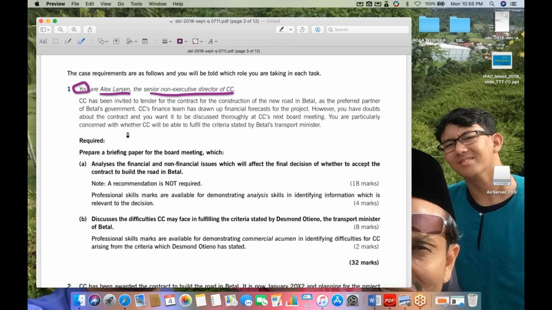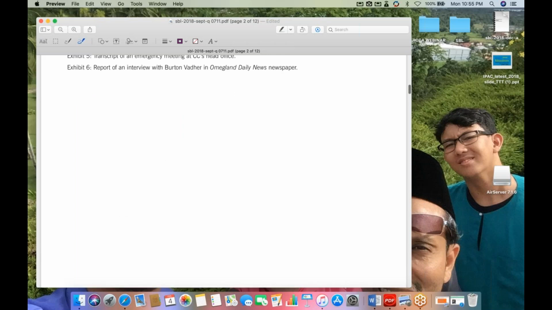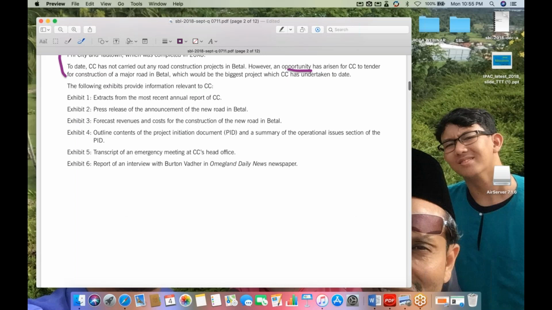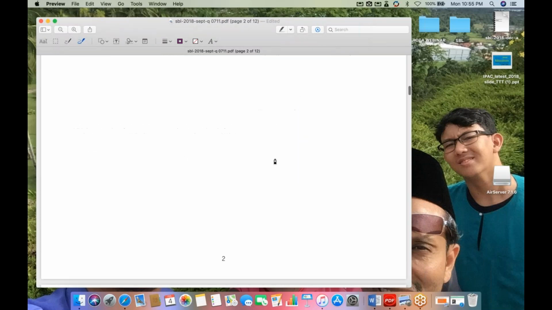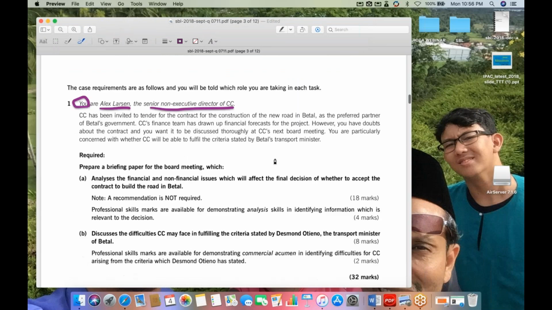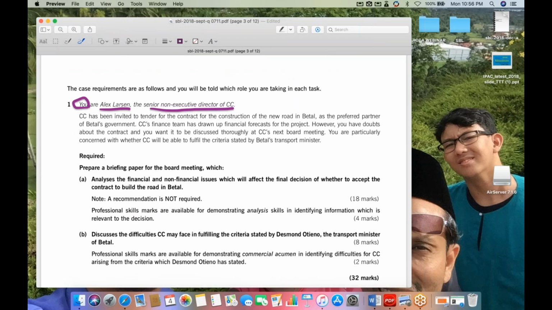And then, CC's finance team has already drawn a financial forecast for the project. Remember, you do have the exhibit that was mentioned earlier on that talks about the financial forecast revenues and costs for the construction of the new road in Beetle. This one, right? So you know that you're supposed to be using Exhibit 3 here. You are particularly concerned with whether CC will be able to fulfill the criteria stated by Beetle's Transport Minister. So you are required